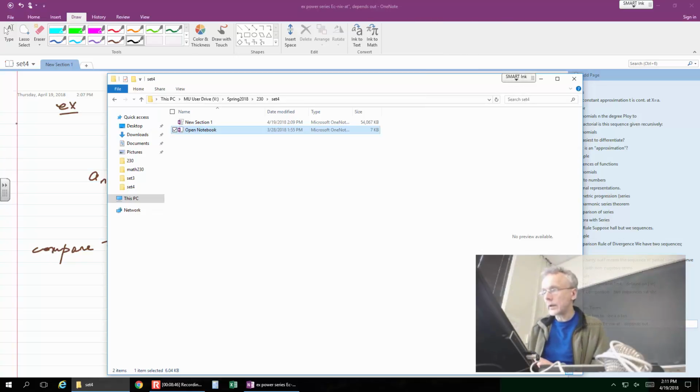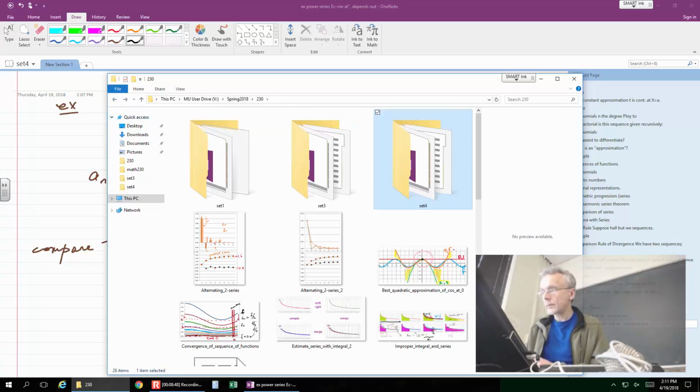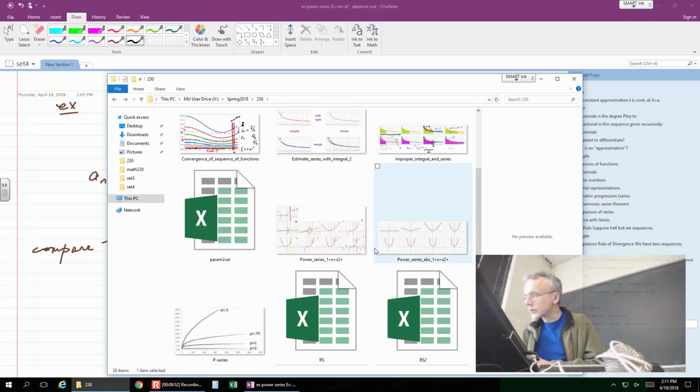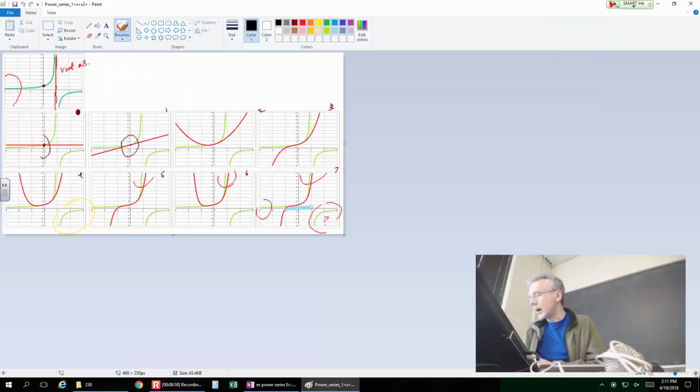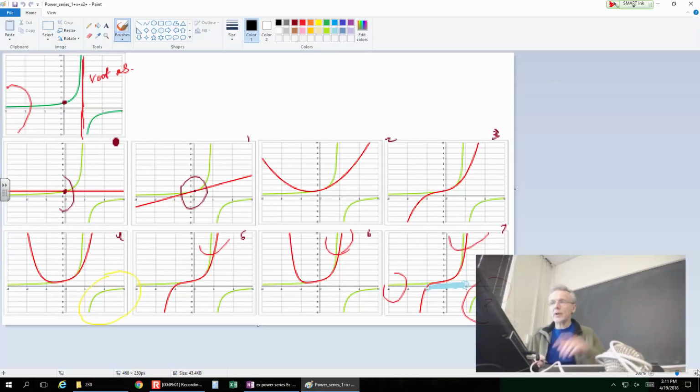The illustration I want to bring up again here is the convergence picture. Once again, I think this is the one, yes. This is what I have been talking about: the approximation of a function that happens to be 1 over x by a sequence of Taylor polynomials. The red ones are the Taylor polynomials and go up to degree 7. They are like partial sums of our Taylor series.